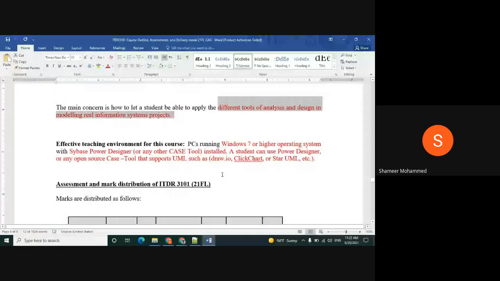What are the softwares we use for the labs are Windows 10. This one we don't use. I told you the reason. It is not open source. It is very expensive and it will take more space in your computer. So instead of that, we go for this one, open source one, draw.io, click start, smart UML. Any one of them we can